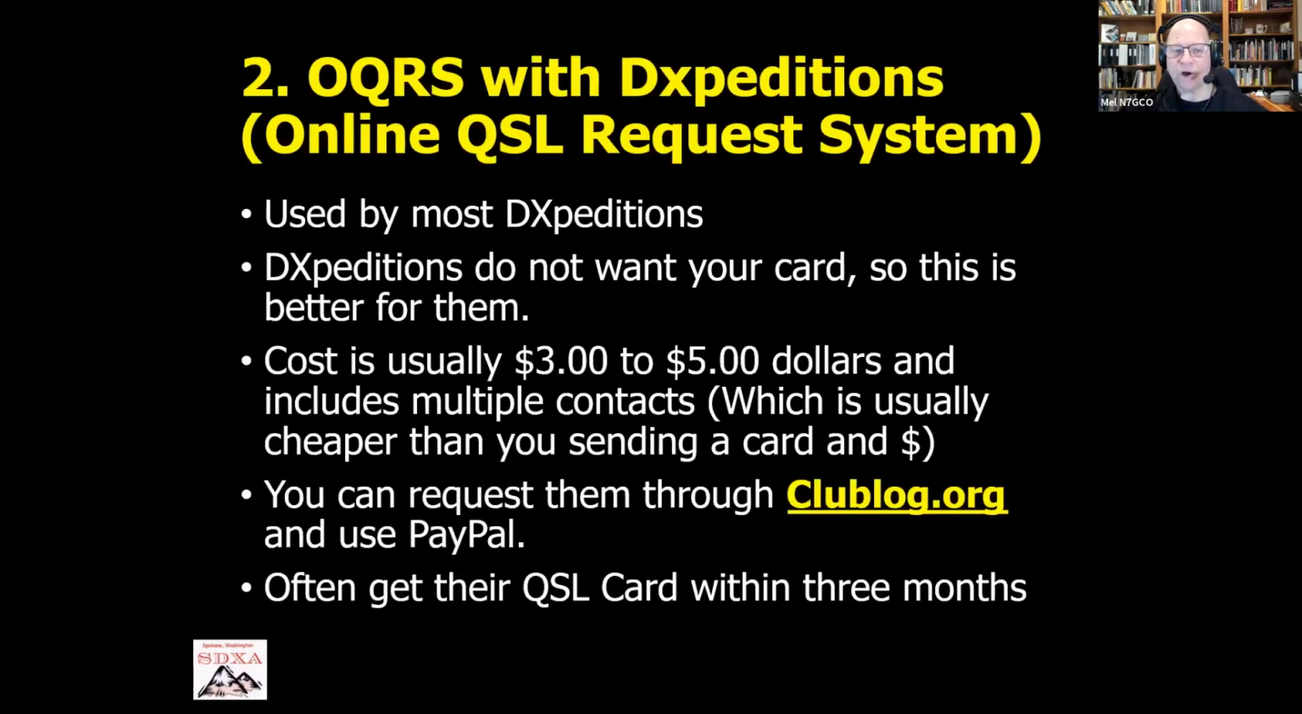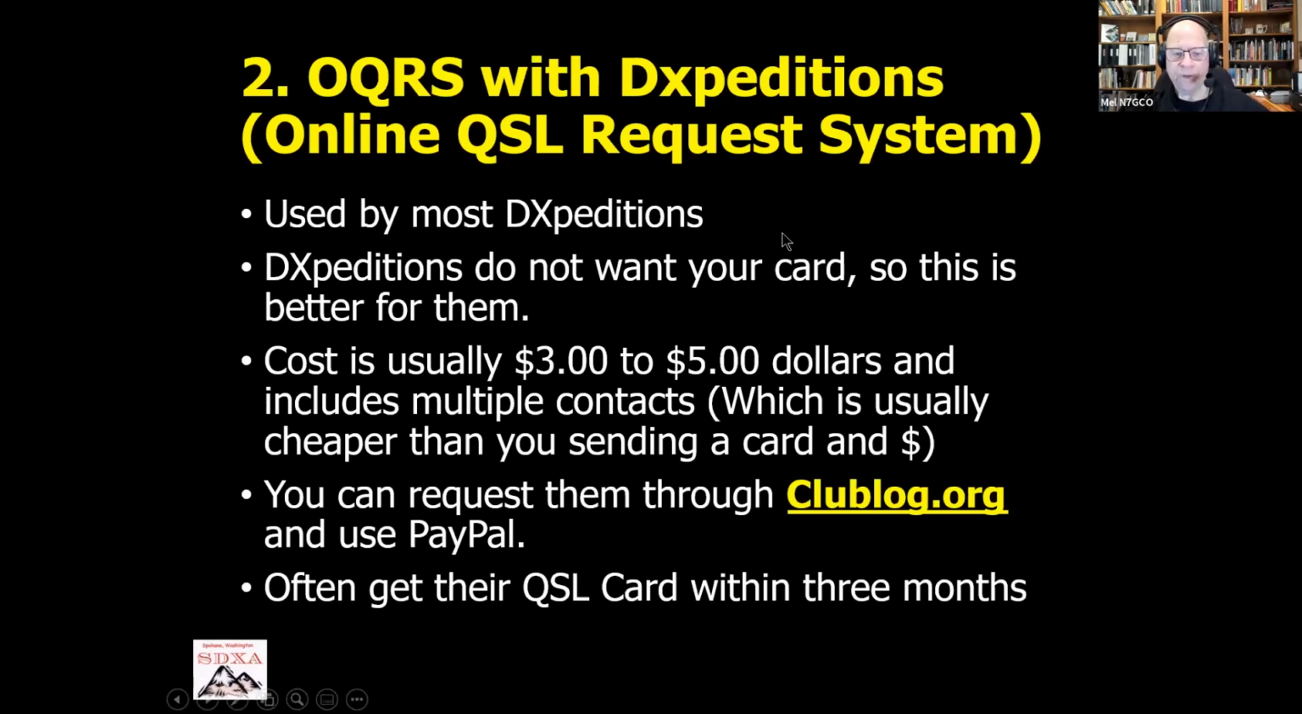Okay, a second one I'd talk to you about is called OQRS. And this is especially true of DXpeditions and really rare DX. It's an online QSL request system. And here's why they do that. A couple things. Most DXpeditions use it. They don't want your card. They're going to get 80,000 cards. They don't want them. But they do want to